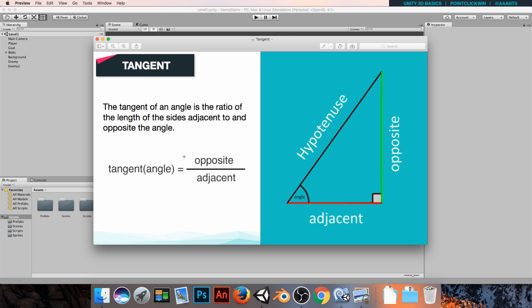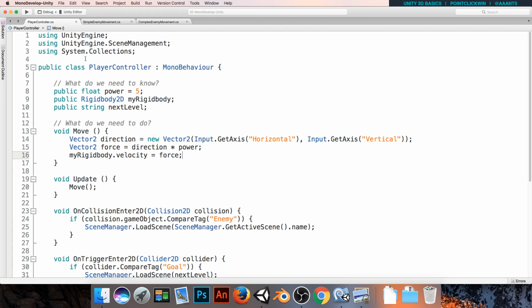We know the tangent, and we can reverse engineer it to get back to the normal angle. So I'm going to jump straight into code, and I'm going to start with the player controller, because it's the easiest one to do, because we've already figured out the triangle itself. We've done a lot of the hard work here. In this line, we create a vector that stores the direction that we want to move. It's also the direction we want to look, so we already have access to the x and the y of